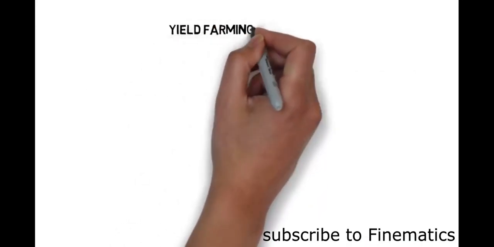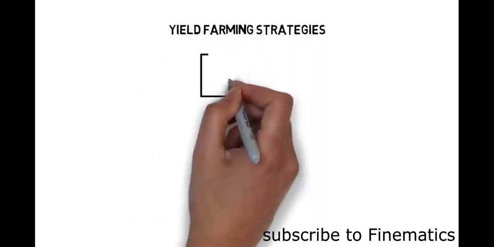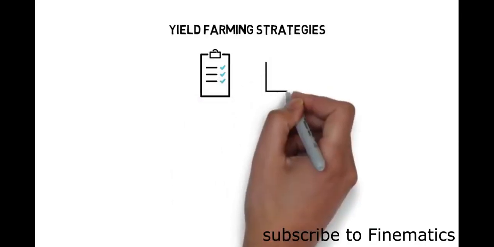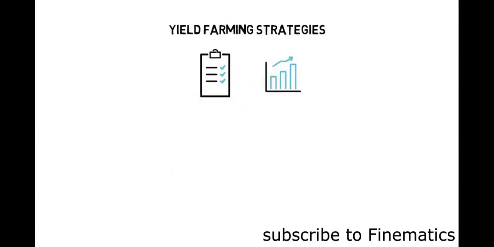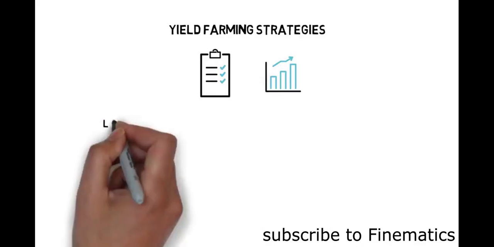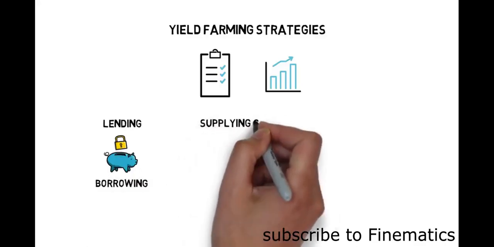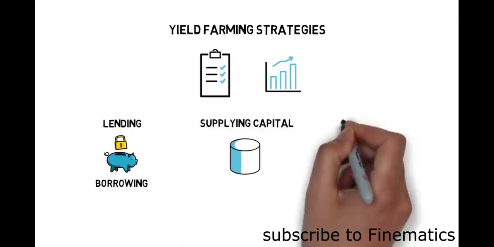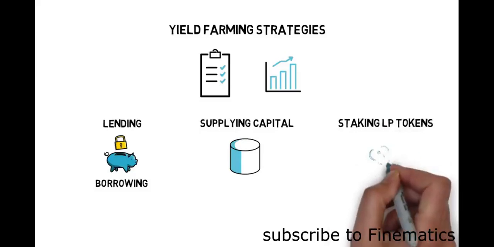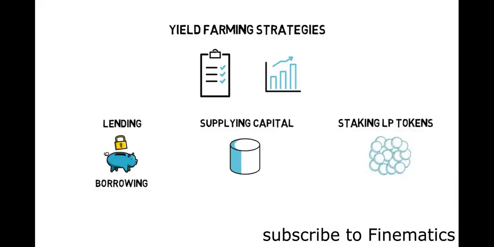Yield farming strategies are sets of steps that aim at generating a high yield on the capital. These steps usually involve at least one of the following elements: lending, borrowing, supplying capital to liquidity pools, or staking LP tokens. Before we look at them one by one,